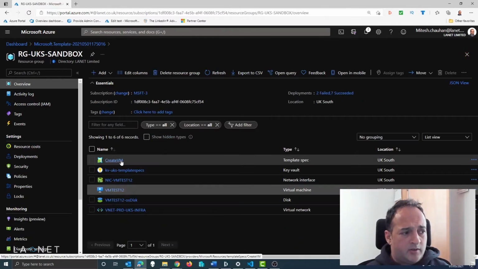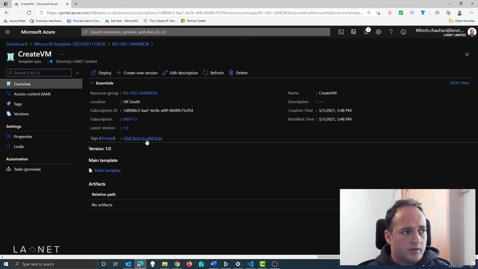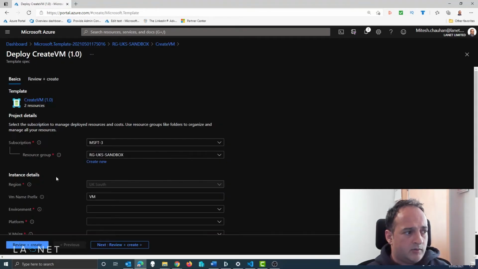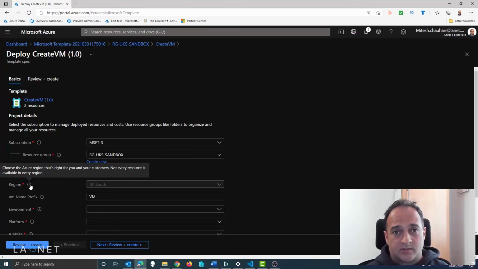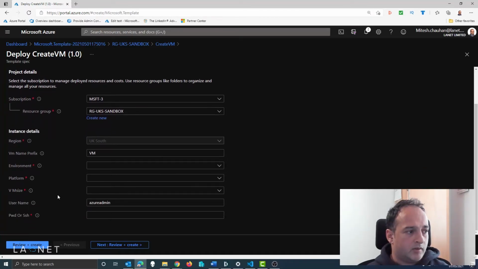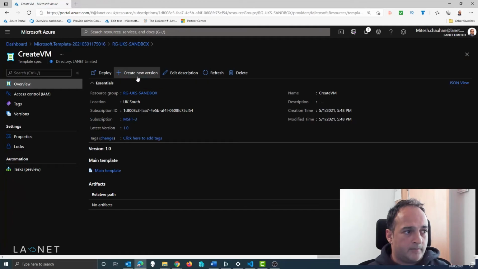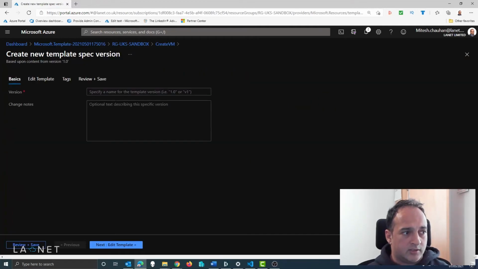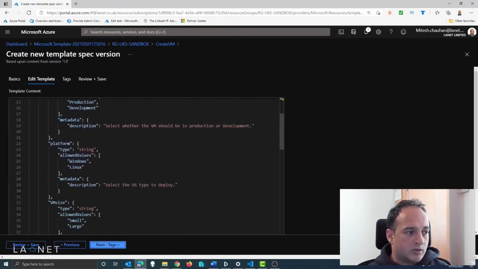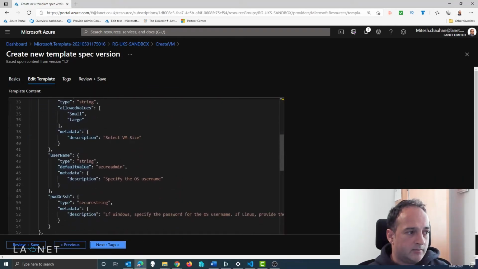I'll show you one thing here. When we go to deploy, we can see we've got these informational things. These are descriptions that we can put in. So if we look here, this VM size thing is a bit messy. You can control that as well, these spaces, and that's done via the comments here. So what we can do is create a new version. When you create a new version, if you want to edit it, do 1.1, for example, and then go back into your template and look at your variables here.